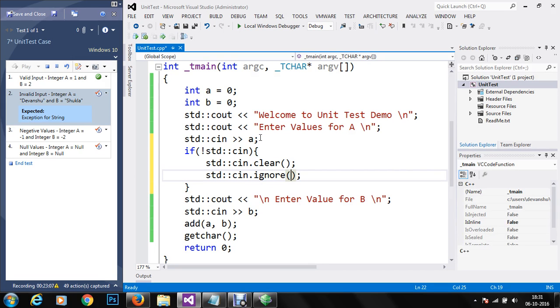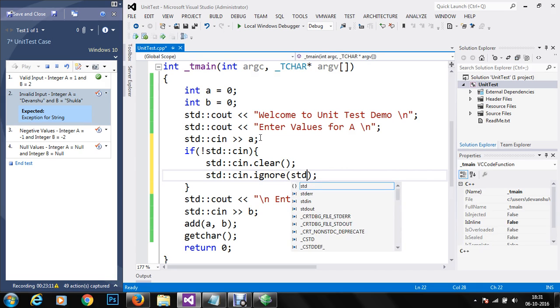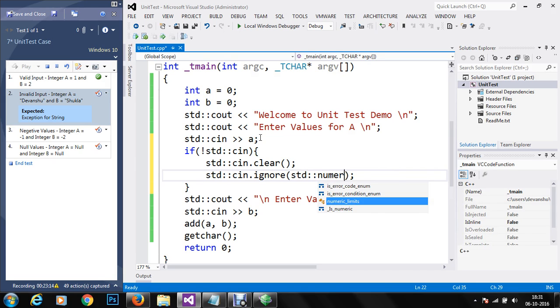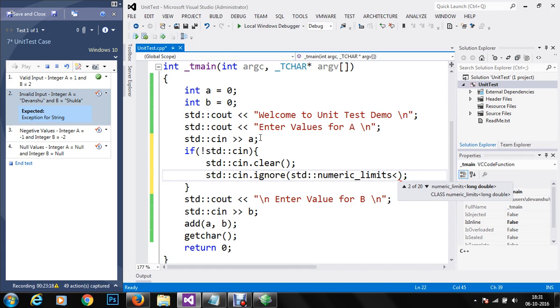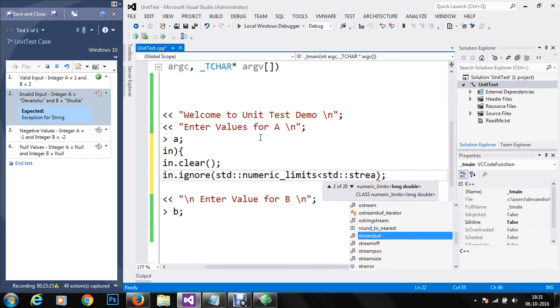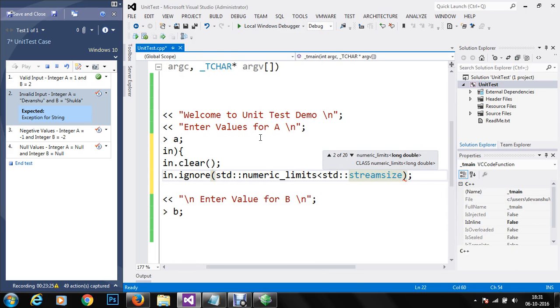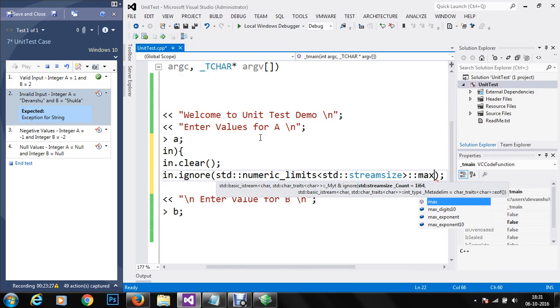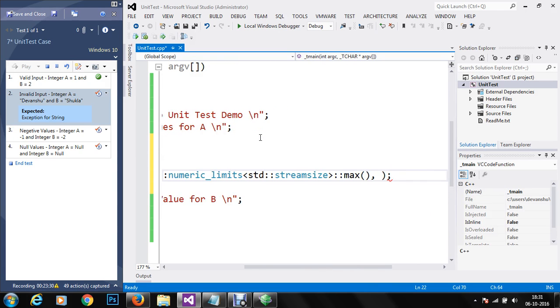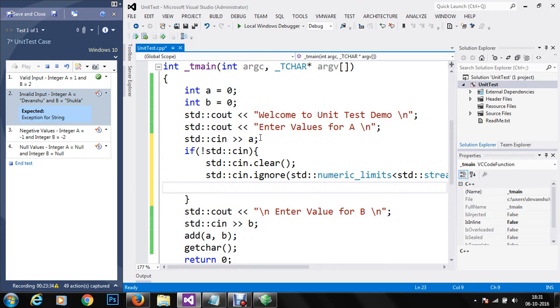To do this, we take the numeric limits, and within the numeric limits we choose one type, the stream size. We'll take the max value, and we'll check up till the newline character is encountered. So we are going to ignore whatever contents were provided to the console input.